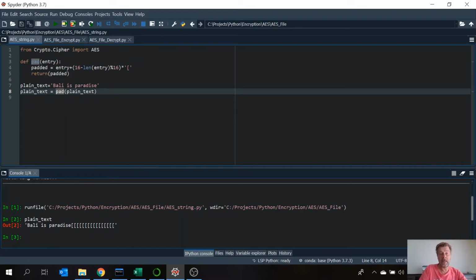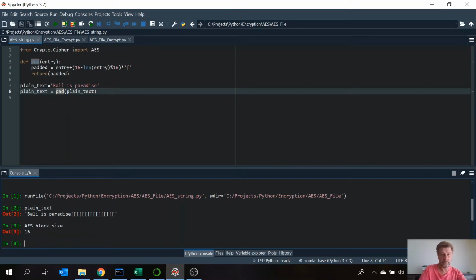The 16, how do I get to it? 16 is the AES block size, and you can find it by this. So it is 16. And now the formula. So the original text added by the square brackets. So we use 16 minus the length of the original entry